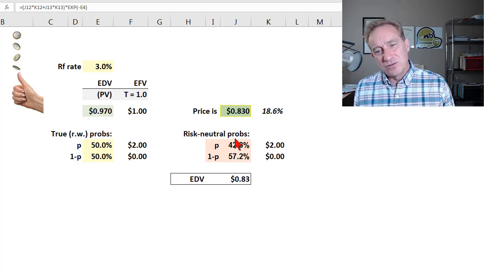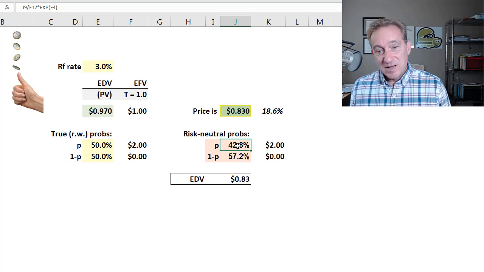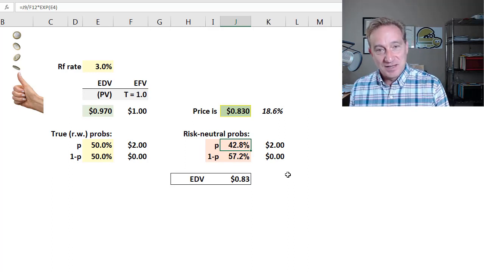Why do we call them risk-neutral probabilities? Well, it's because these are not the true, real probabilities. This exercise doesn't change the fact that this is a fair coin toss. But if we go over to the imaginary world, and that is a phrase that Tuckman uses in the explanation, the imaginary world, where these probabilities actually were accurate for the coin,